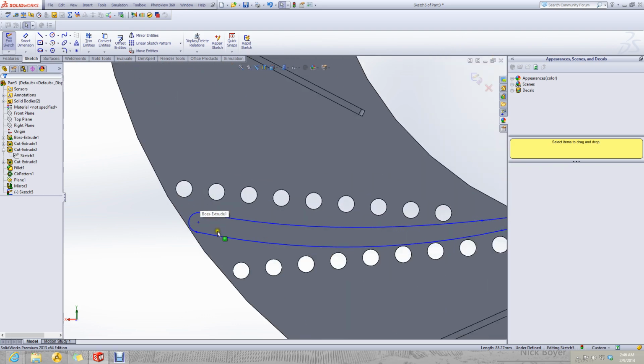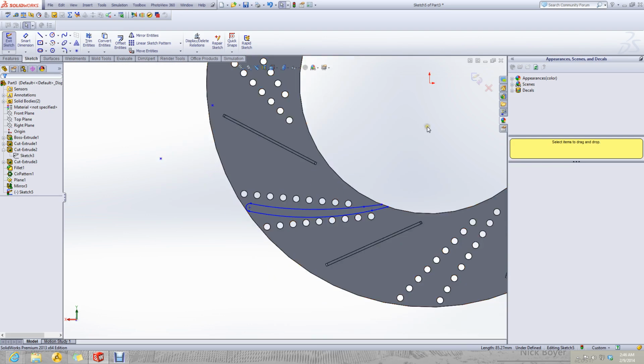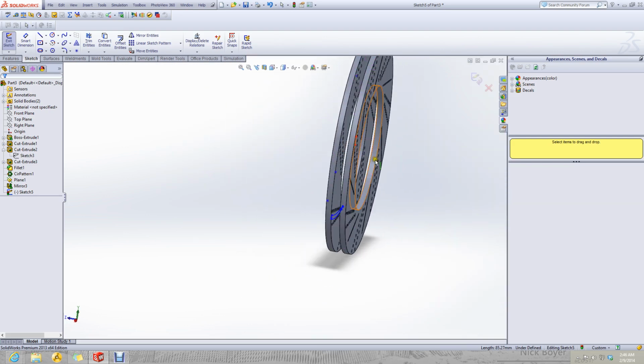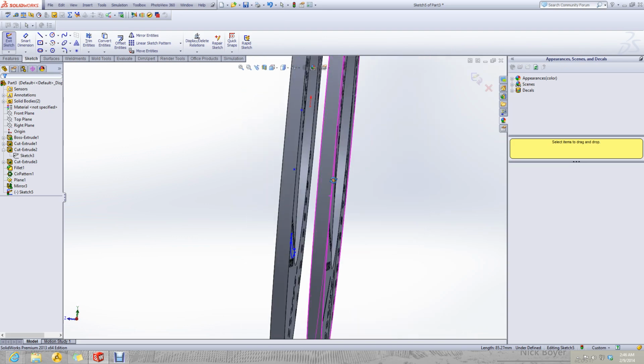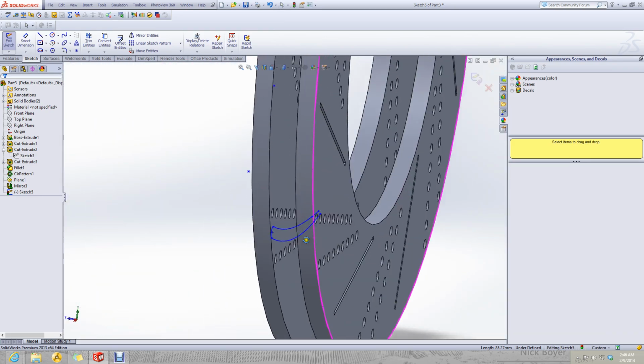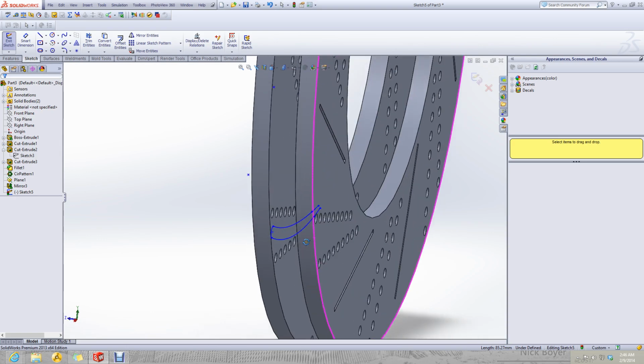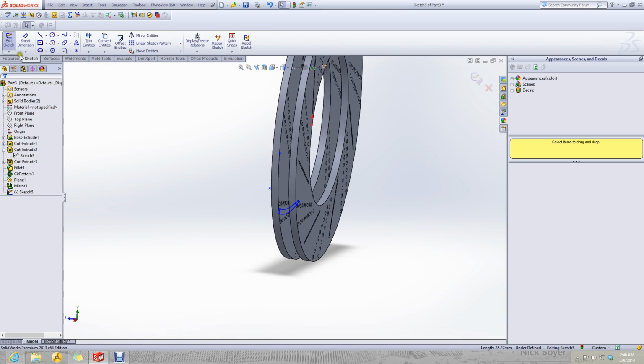The extrusion of this part is equal to the distance between the two discs, so it will be extruded around 7 millimeters.